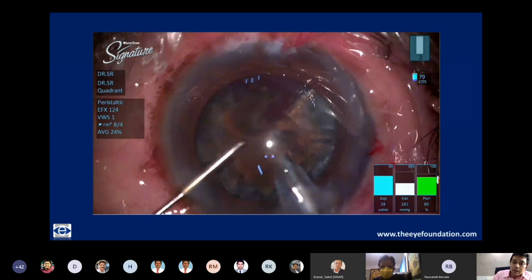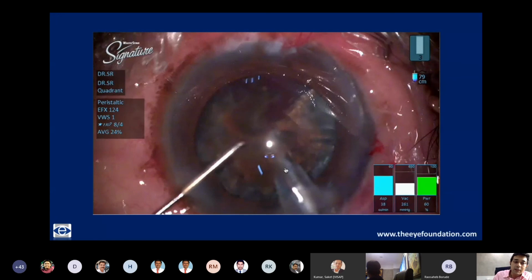And even in the last piece, unfortunately, the last bit of the video is somehow stuck. It's not playing. But I wanted to demonstrate that even when it comes to the last piece in these hard cataracts, there is almost no need to switch your settings. I never use the epinuclear mode. I just go ahead with the quadrant mode itself. And with very minimal manipulation of your foot pedal, you're actually able to do it.